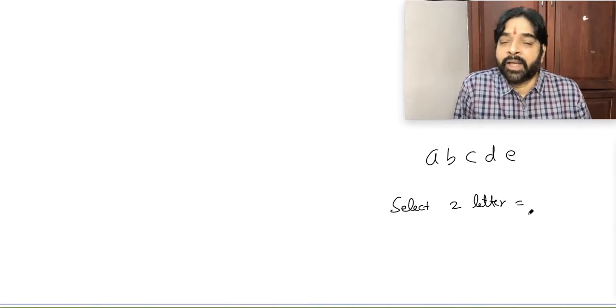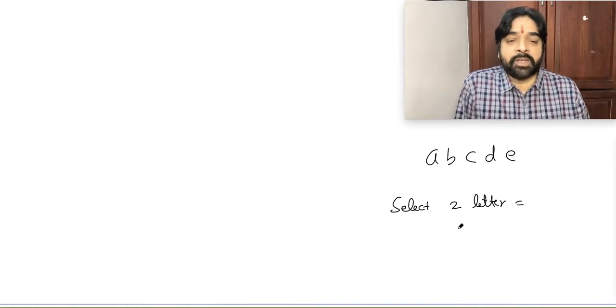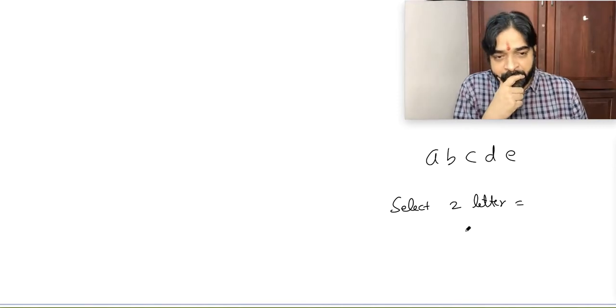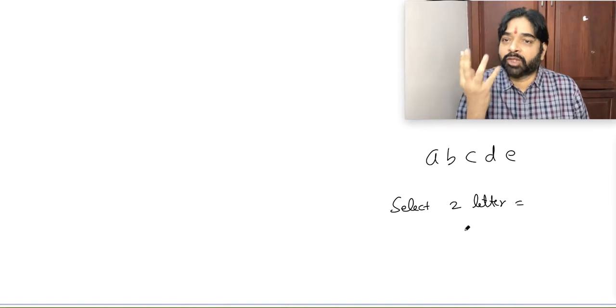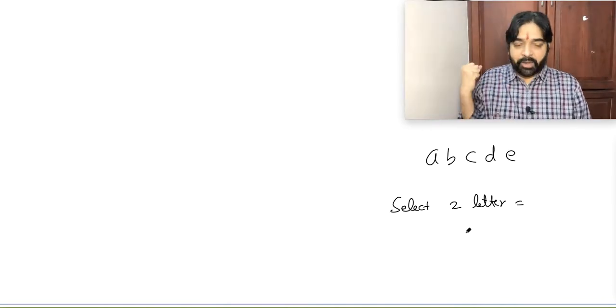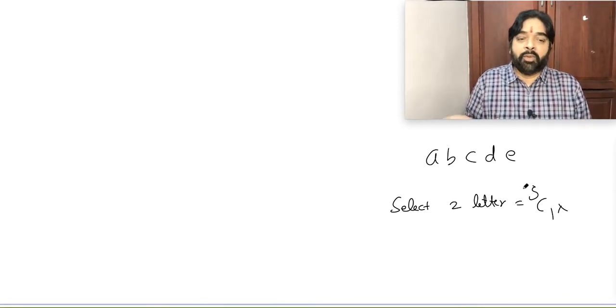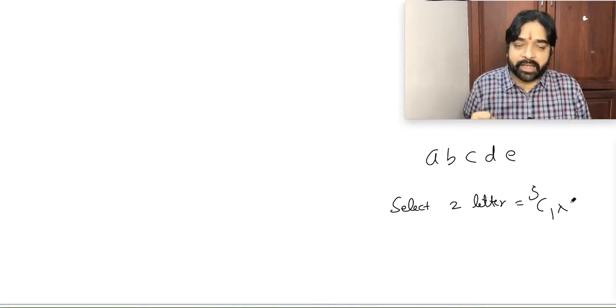Now, one very common mistake generally sometimes people do, and sometimes you will also do in future. I am just going to tell you that problem. Suppose somebody asks you to select 2 letters. First I am selecting 1 letter. Finally I want 2 letters only. So I will select 1 letter. 1 letter I got it. And now balance how many letters? 4 letters. From there again 1 letter I select.